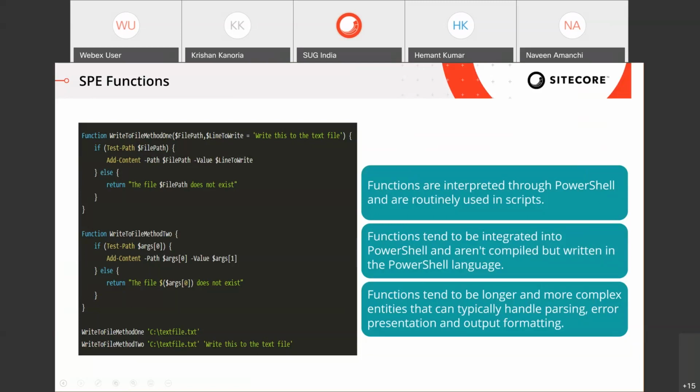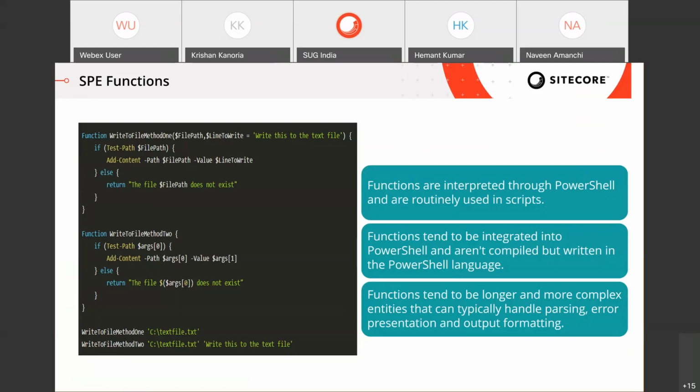So why are functions required? When you are doing repetitive work, you should have functions for the ease of showing clean code and other things.